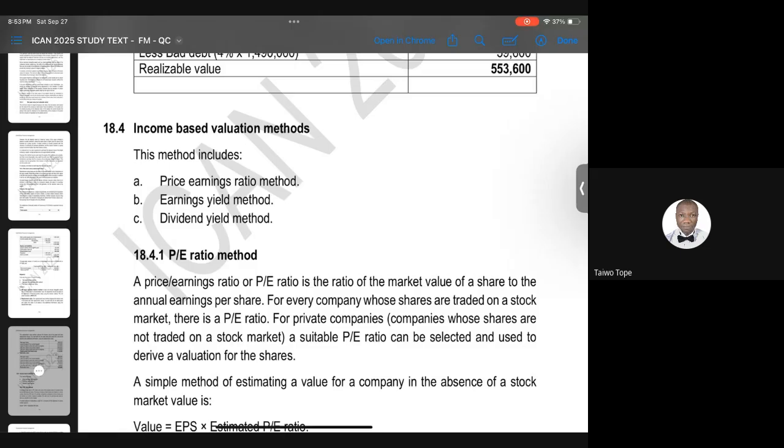Companies that are not quoted, unquoted companies, we have to leverage on the data of quoted companies for them to achieve proper valuation in terms of price earning ratio. Because for you to be able to determine price earning ratio, the company must be quoted. So where a company is not quoted, look at one that is quoted, and try to borrow a leaf from them and see how you can evaluate your business where you are not quoted.